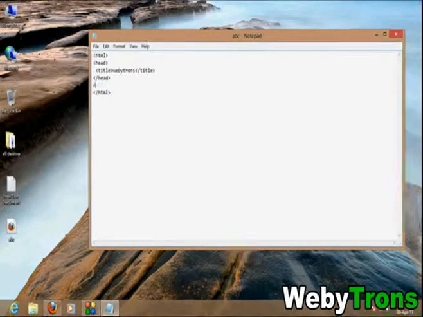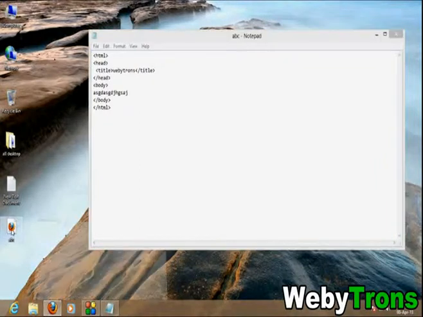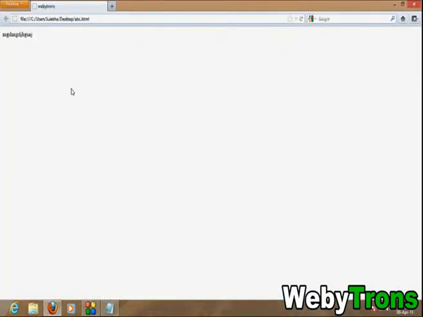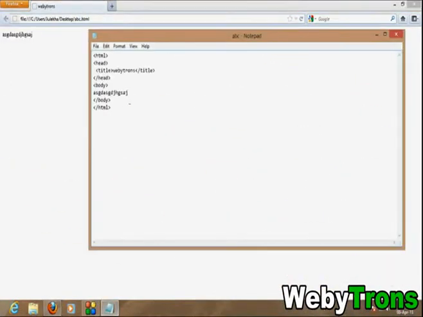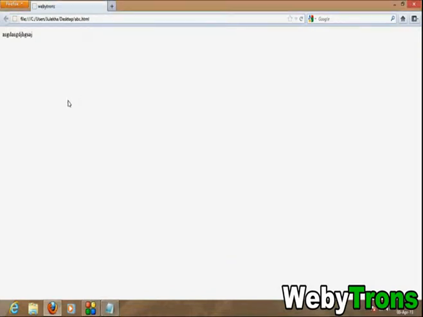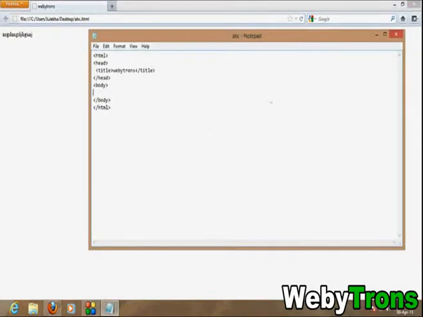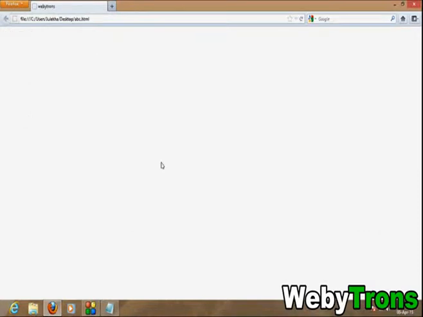Now we create a body section. Sorry, I did the wrong tag. Now here we create a body section where all the designing takes place. Whatever we write over here will be fetched on the page. This is the full body part. You can see this text which I have written in the body part. Now let's remove this text and see nothing is there.